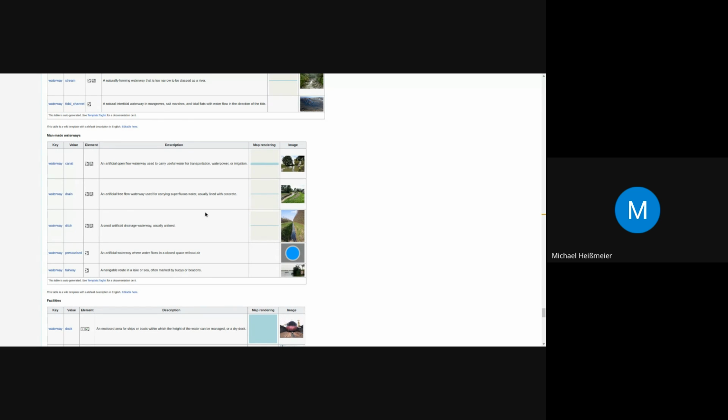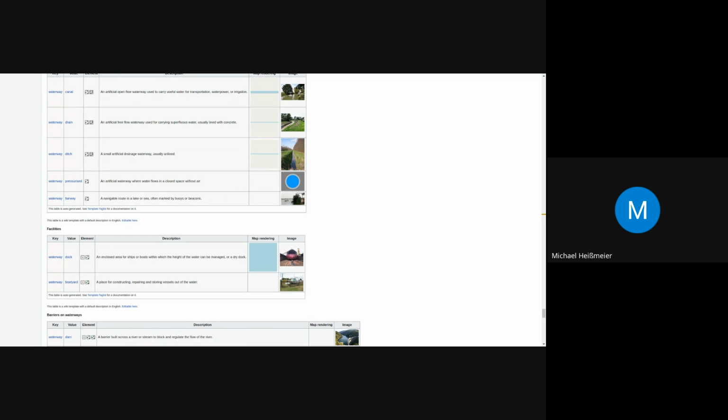This is for man-made waterways up in the open. We've got a couple of other bits here. If the waterway flows above ground, then it would be an aqueduct. And if it flows below the ground, then it will be a pipeline, a culvert, or a tunnel. I'll talk about the differences soon.